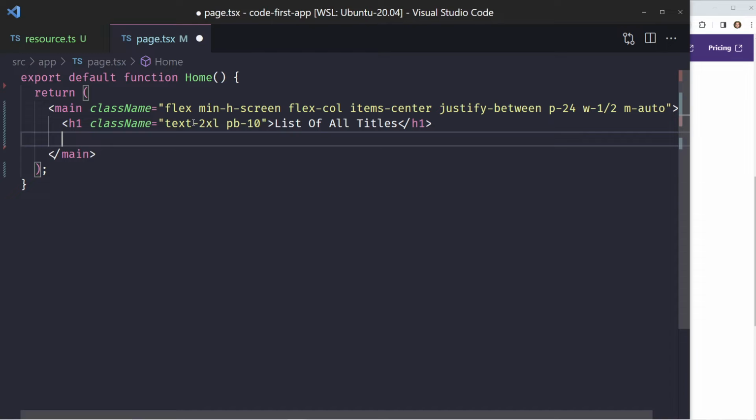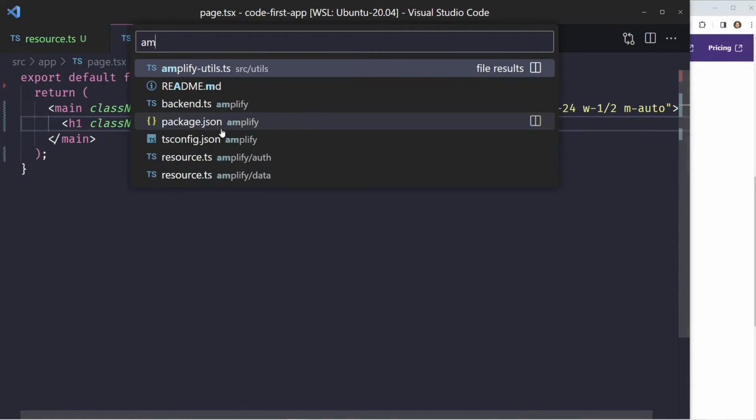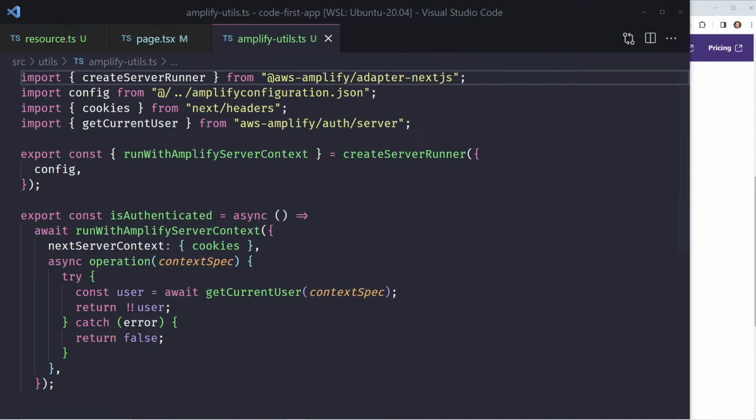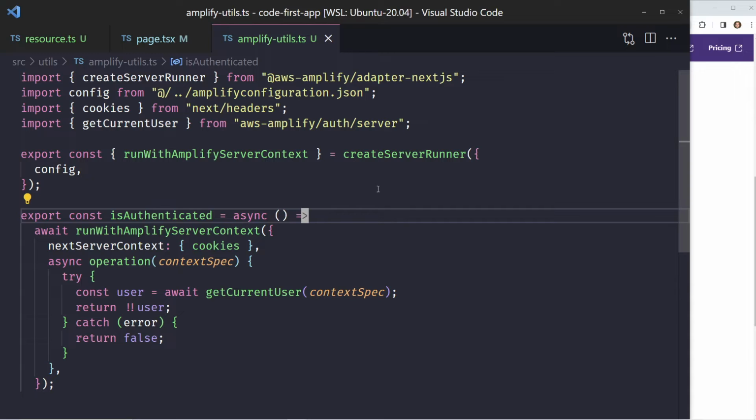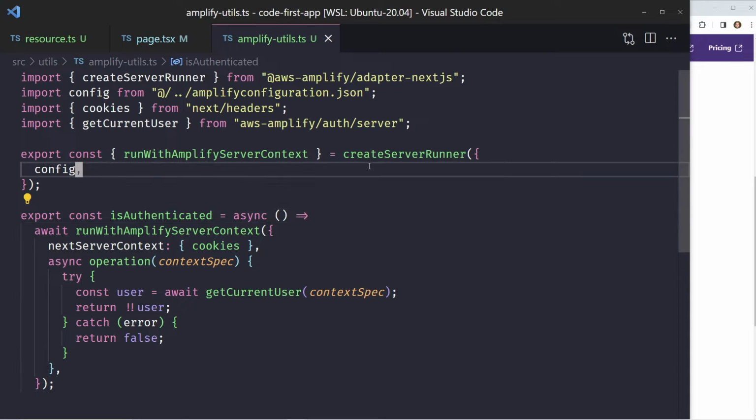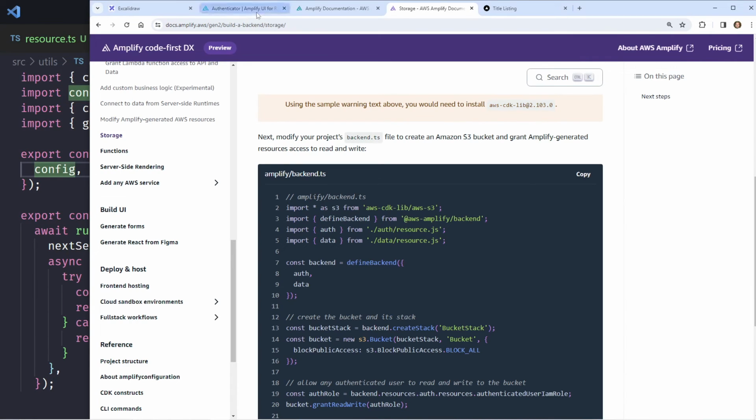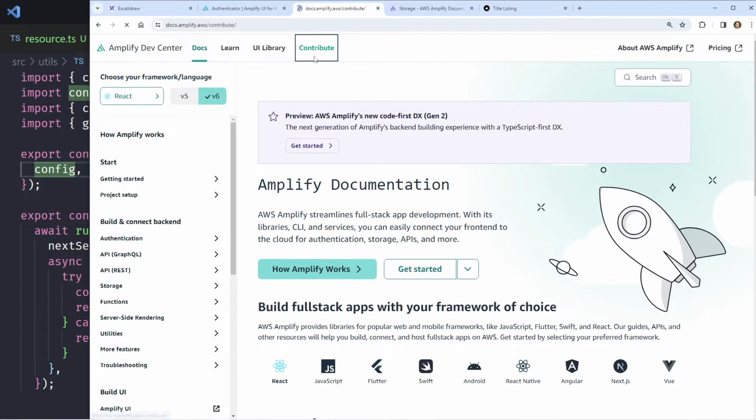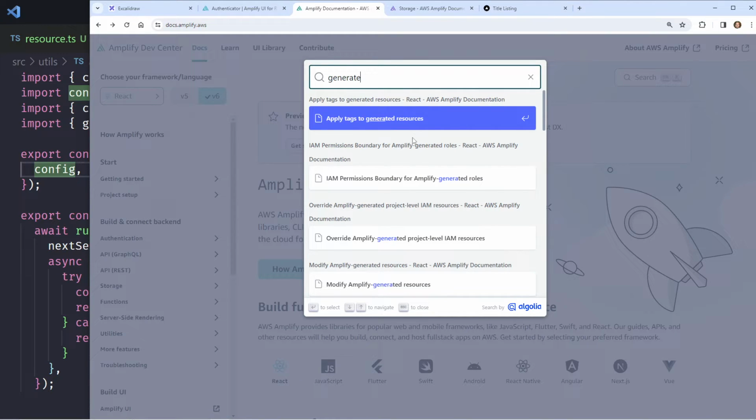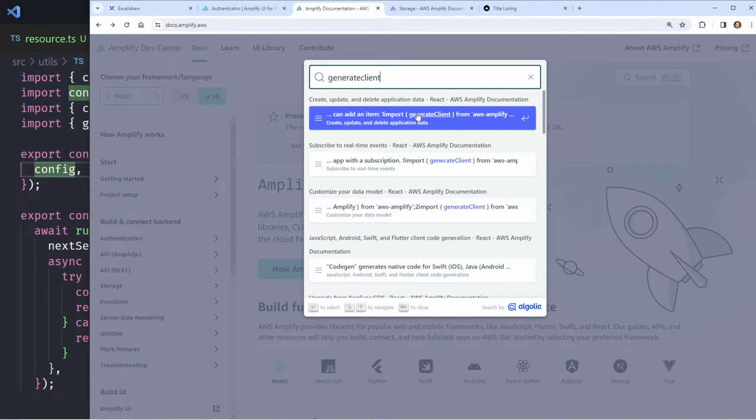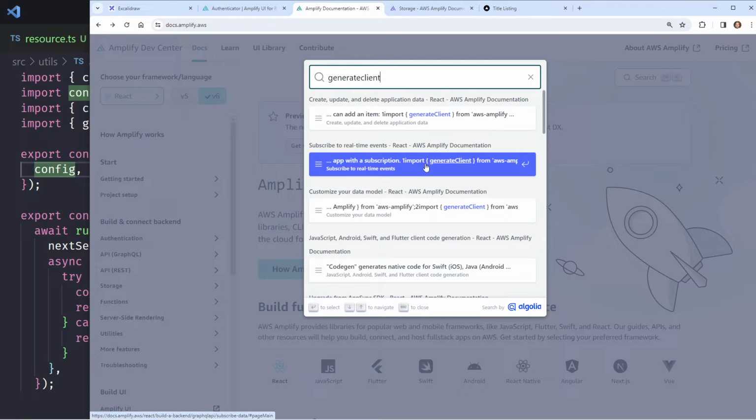And now we want to go and list all the posts. So first we need to figure out how to even grab posts. This is where I want to go back into my Amplify utils and add a very handy util for the server. There are a couple of different ways you can connect to our AWS AppSync server. One is you can do it on the client side with something called generateClient. If we go back to our docs here, this is the way to do this on the client side. There's generateClient, and this is a part of the